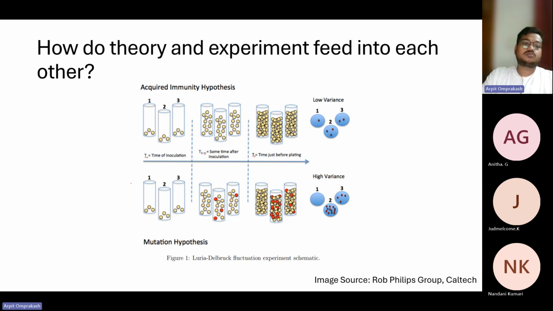Right. So what they did was, Luria and Delbrück basically made a theory. They made a theory and they had basically two scenarios. The first scenario is something called the acquired immunity hypothesis, where basically we are saying that after we